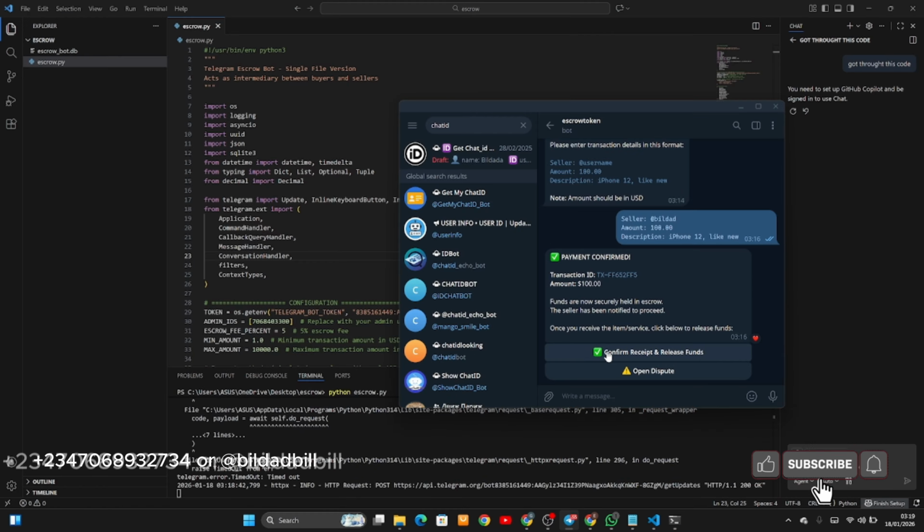So basically, you can see the transaction is now securely held in escrow. The seller has been notified to proceed. Once you receive the items or service, click below to release the funds. So now basically, what it's trying to tell you is that